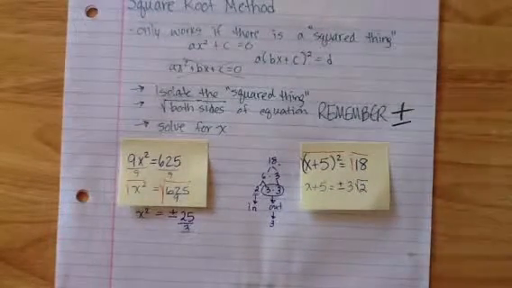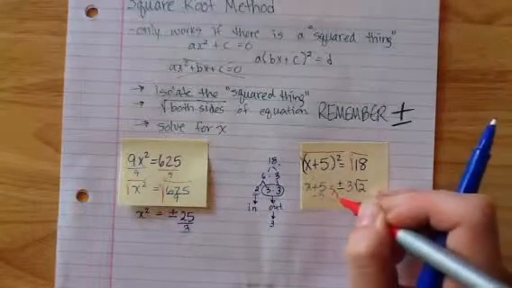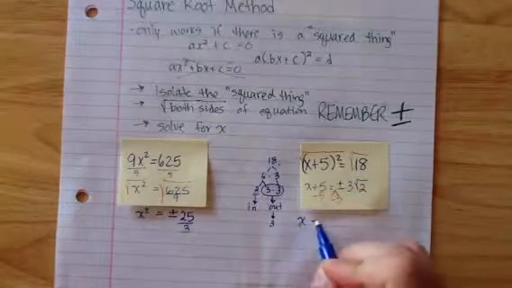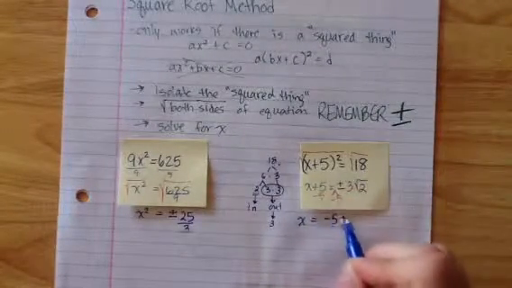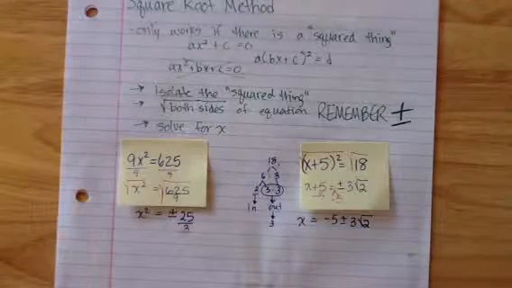So we have x plus 5 equals plus or minus 3 square roots of 2. And we still have to solve for x, so I'll subtract 5 from both sides. Remember that negative 5 goes in front of the plus or minus. So we'll end up with x equals negative 5 plus or minus 3 square roots of 2. Since those are not like terms,